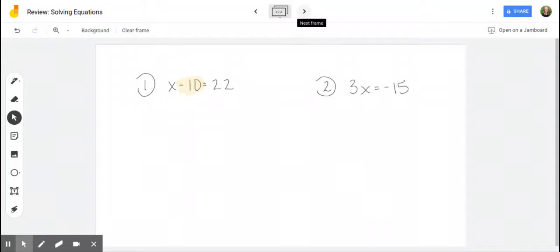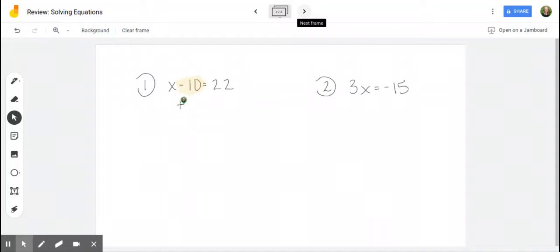So that's the same thing as a negative 10, okay? So we just talked about knowing the inverses. So we need to do the opposite of what we see here. So this is a minus 10. And in math, the way you're going to get rid of minus is by doing its inverse, which is